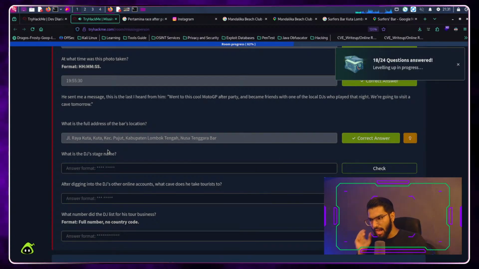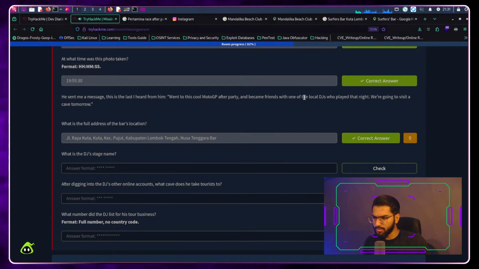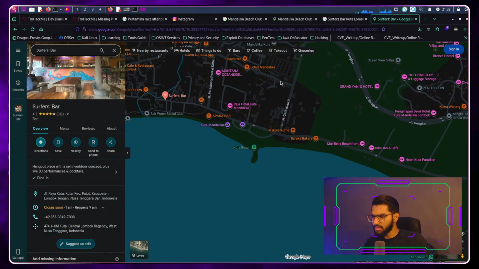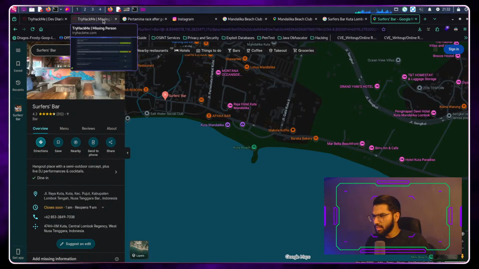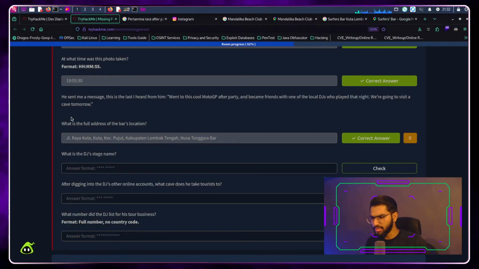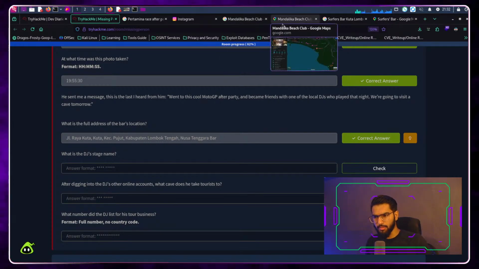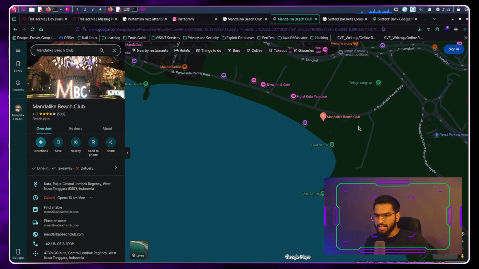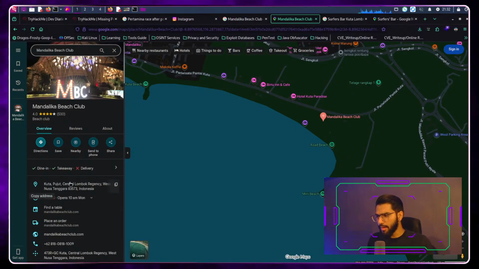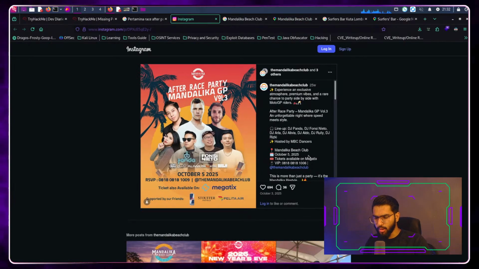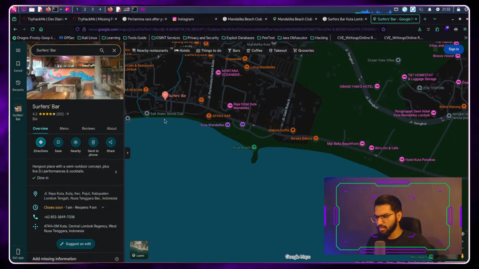Now, the reason why I wanted to answer this question itself is because the bar here is the key term that we're using, because it's the question which asks about what is the exact bar's location. Now, this is also one of the possible places where they could have gone, and it is also a valid answer. In fact, when I was earlier solving this room, I was heavily confused with this location, as the address seems to match, the event seems to match, the location, everything seems to match, but it was not. I was not able to answer that in TryHackMe. Nevertheless, this was the answer, which was to be the serves bar itself.